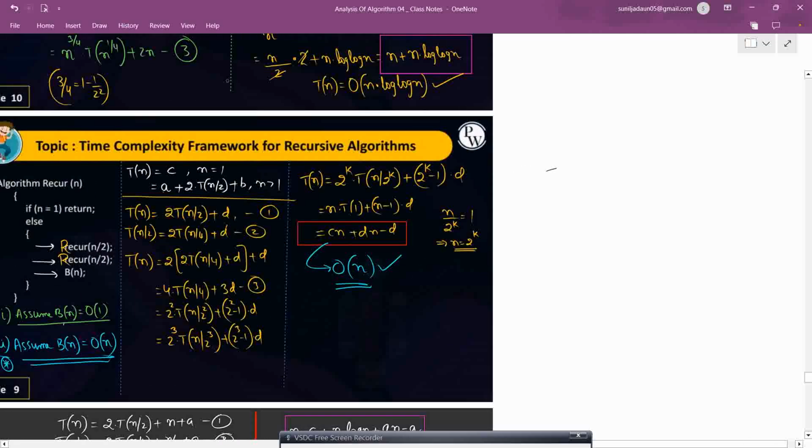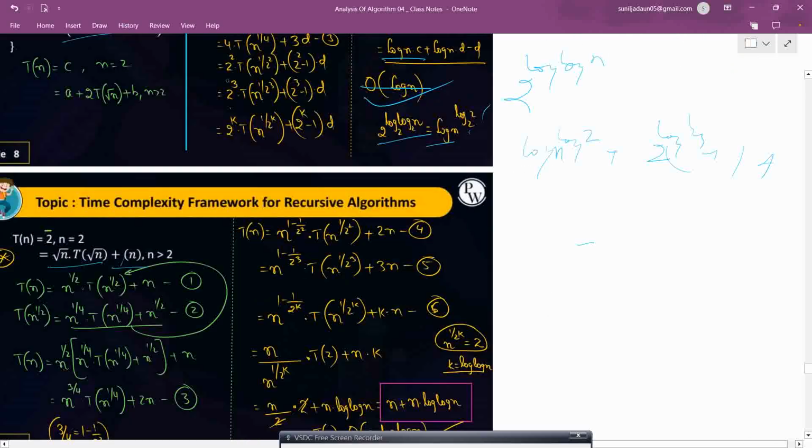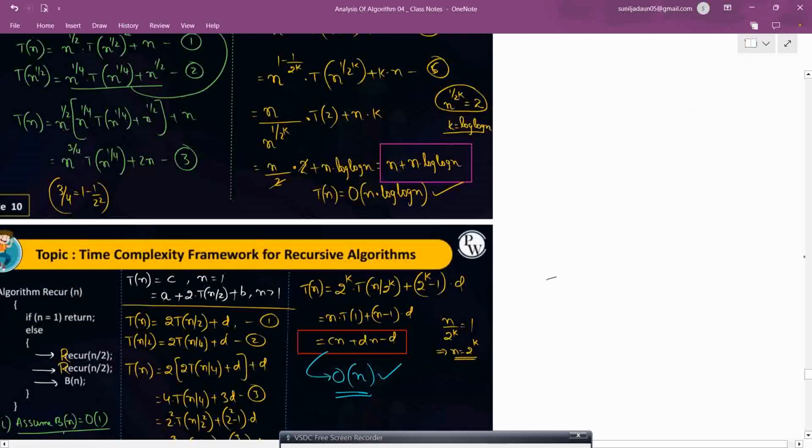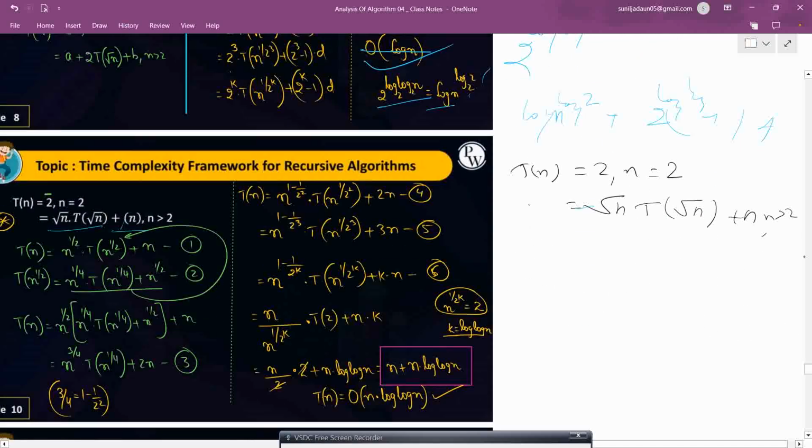So how do we do that? What is T(n) equal to: if n is equal to 2, else T of square root of n plus n. So let's say this is the equation